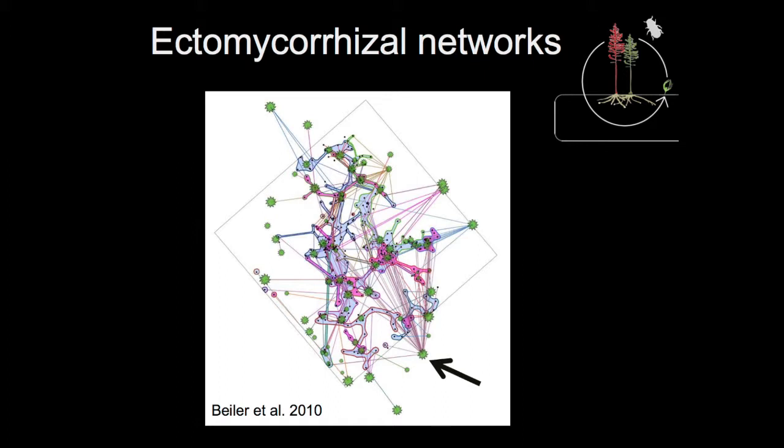What we're really interested in is, if this is the forest before mountain pine beetle, and then you were to look at the forest after pine beetle, it's taking out these large hubs that are really connected to the network. What happens to the network? What happens when you're losing that carbon source? Is the network integrity compromised? Is it degraded? Does the complexity change? And then ultimately, what are the repercussions for seedlings coming into this network? What happens to them?